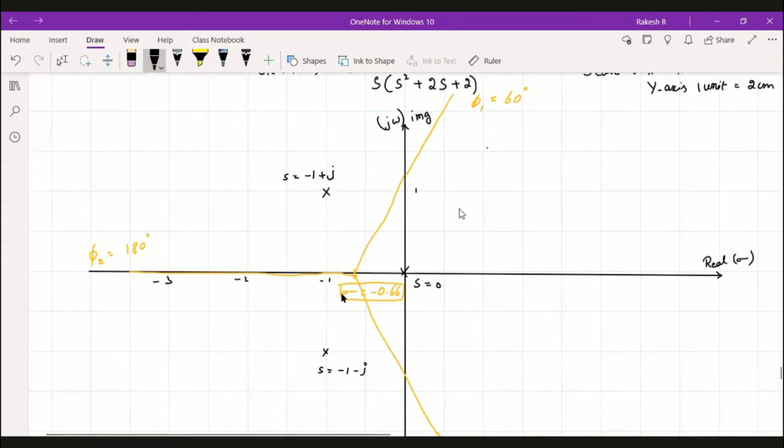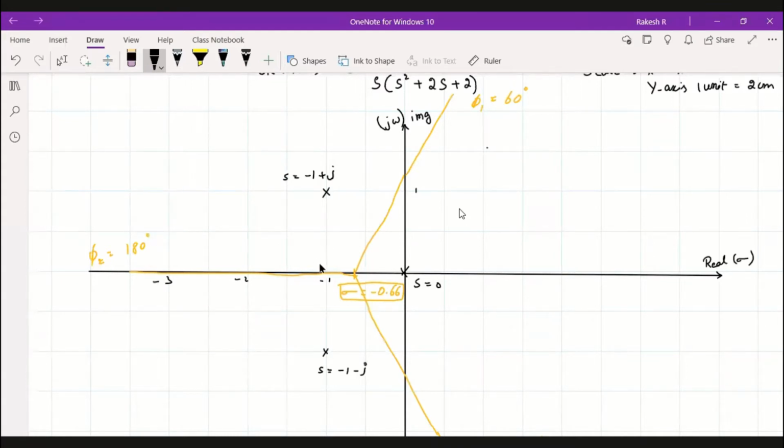We got to know that one root will start from here and it will terminate at infinity, either in this direction or this direction. And here the root will start and terminate in this direction only. We know the root will terminate in the asymptote angle direction only, but we don't know how it departs here, the starting angle. So we need to find out the angle of departure here, right?